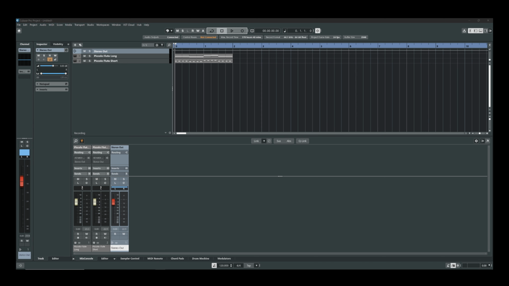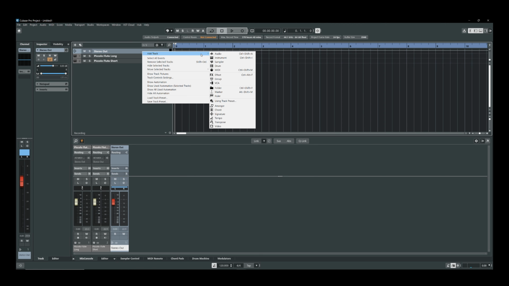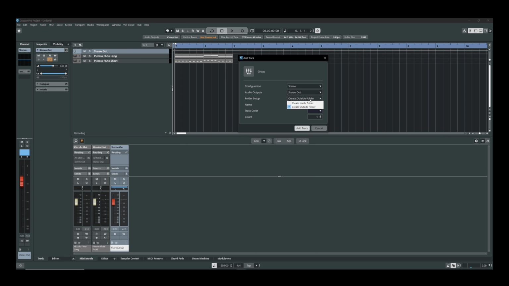Since I'm using both long and short articulations for my piccolo flute, which will extend to my woodwinds, brass, and strings as well, I'll create a dedicated long and short group track for each of these sections. In Cubase, I can do this by right-clicking in the project window and selecting Add Group Track. I'll be moving them into their own folder, so I'll select the outside folder option and set the number that